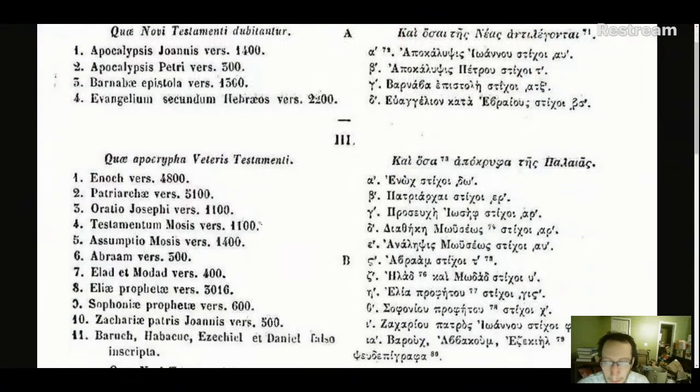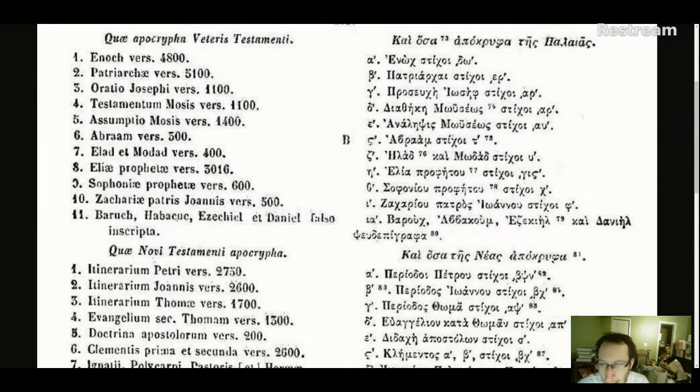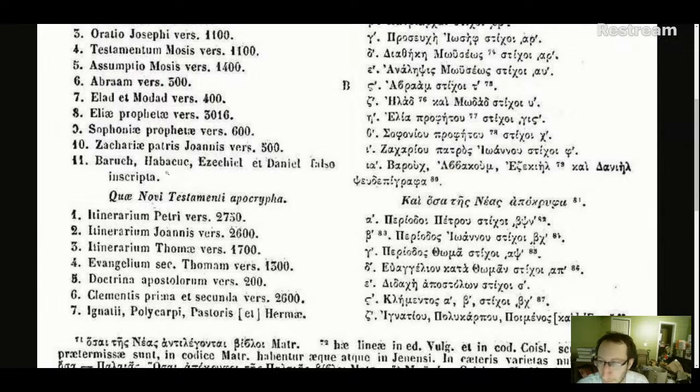It's a little blurry, but see, Enoch, Testaments of Patriarchs, Testament of Moses, Assumption of Moses, Eldad and Medad. And we have Baruch, Habakkuk, Ezekiel, and Daniel books as well. So, because we have this concept of extracts from other books that had prophecies of Daniel taken from those other books and added into the book of Daniel, isn't it possible that the same thing happened in the Hebrew copies of Isaiah, where the scribes saw this